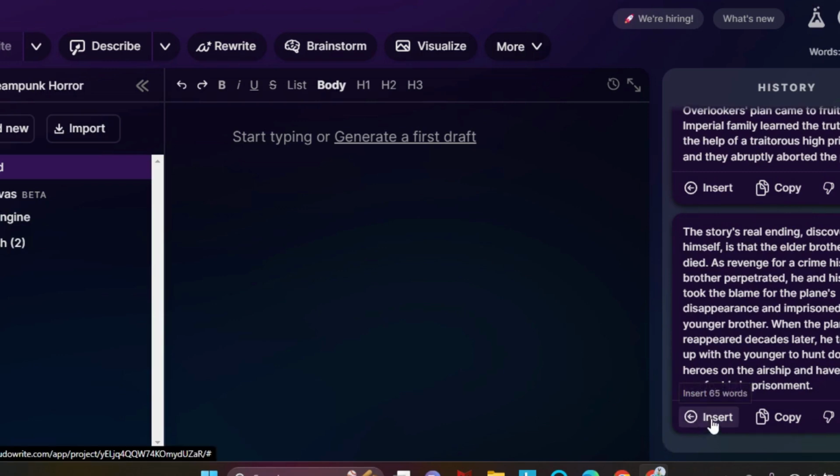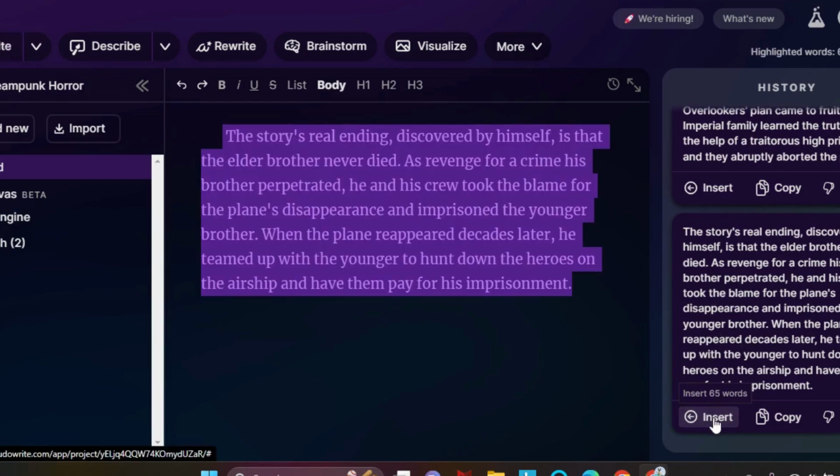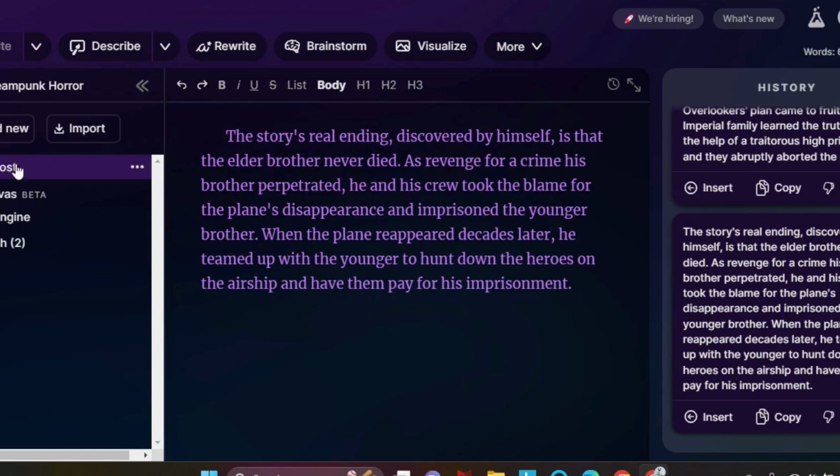And then if there were any of these that you wanted to keep, like if you wanted to keep this ending here, revenge for a crime his brother perpetrated, and the crew is blamed, you thought that was cool, then you can just hit insert and it'll pop it right over here into one of these tabs, a page where it'll just hold on to that, and you can incorporate it at some point. As I might rename something like this, notes to look back on, so that I kind of be like, these are some ideas to go back to. Okay, so